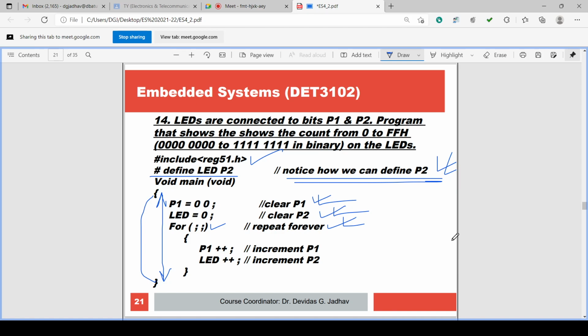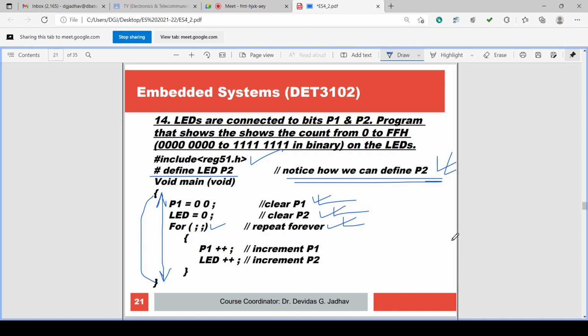If an LED flickers with very high speed, very high frequency, our eye cannot recognize that the LED is becoming on and off. For our eye, the LED seems to be in a continuously on condition. So even though, in one microsecond, all LEDs are off: 0, 0, 0, 0, 0, 0, 0, 0. In the next microsecond, only the LSB is on and the others are off: 0, 0, 0, 0, 0, 0, 0, 1.